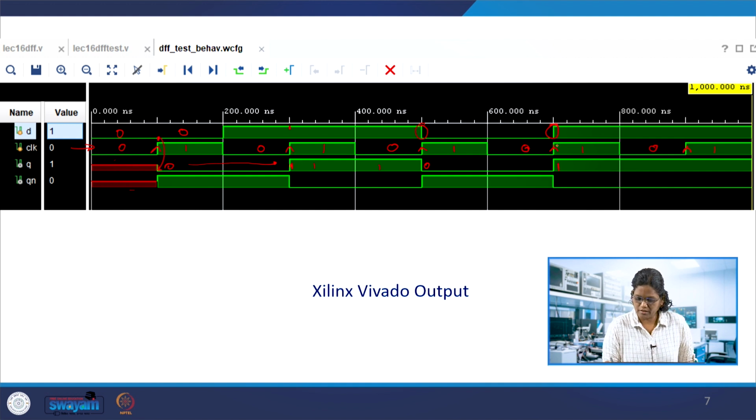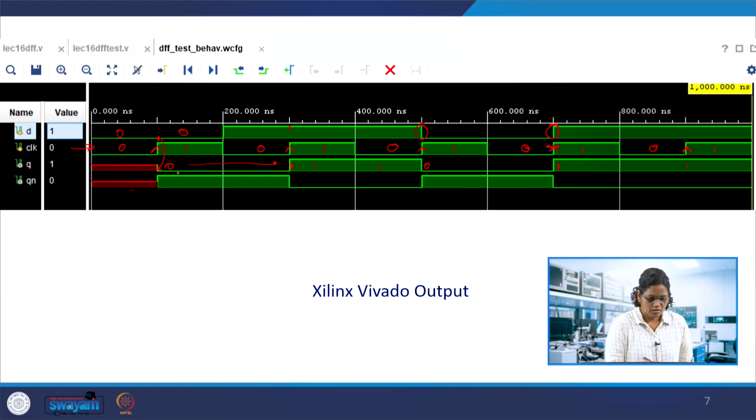There should be a sampling window, the window in which setup time and hold time violations can occur. So we'll be dealing with all those timing details. Assuming that this data is changed a little bit before the clock edge, it samples that 1 and gets it to the Q.